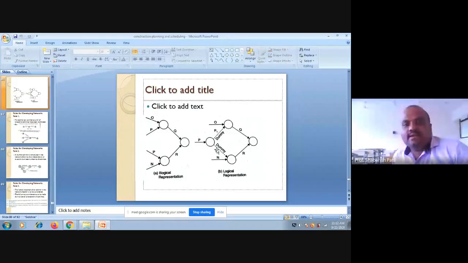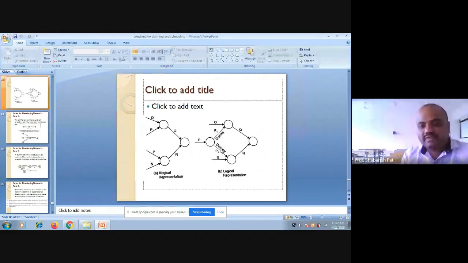Say my activity Q and activity R both have predecessor activity P. Can you look at this illogical representation? There is only one activity being shown with a continuous line, P. We cannot draw a network diagram like this. Either those activities are supposed to be discrete, separate, but showing the same activity twice in a network diagram is a wrong representation. Instead, what I can do is end my activity somewhere here as an event, and join the further events with a dummy activity. So this becomes a logical representation.